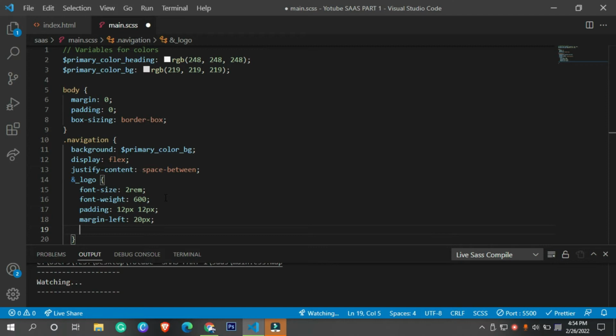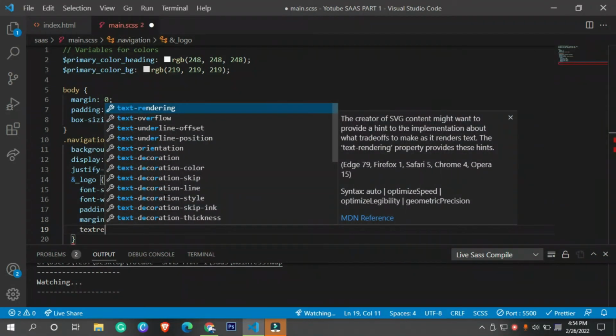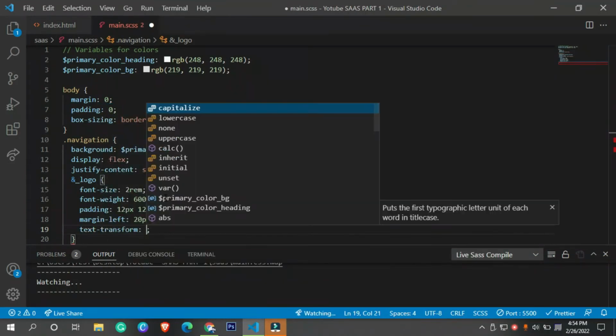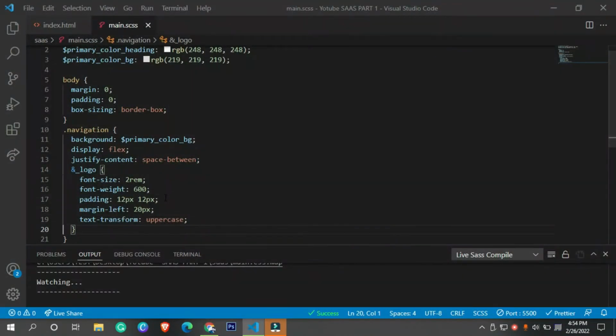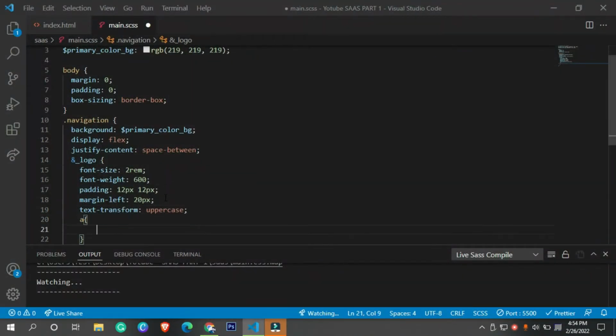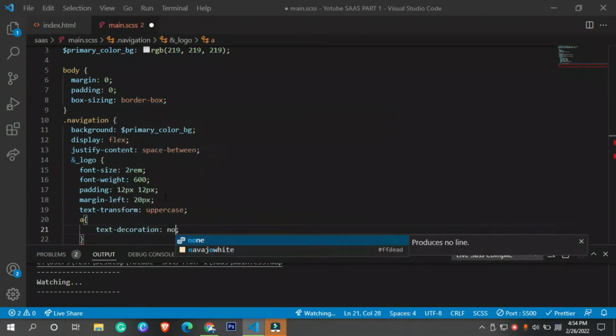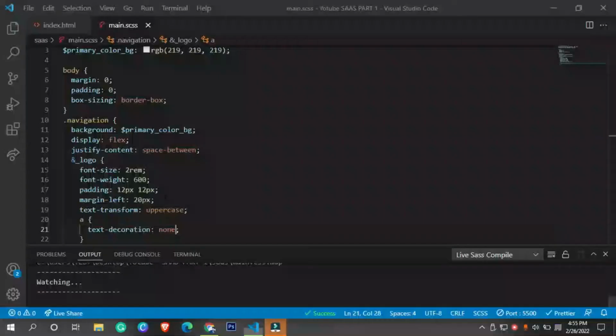Inside the logo, inside the href, you have this logo class. So you can easily call text-transform uppercase, and you can also call this anchor tag inside this class and call text-decoration none.